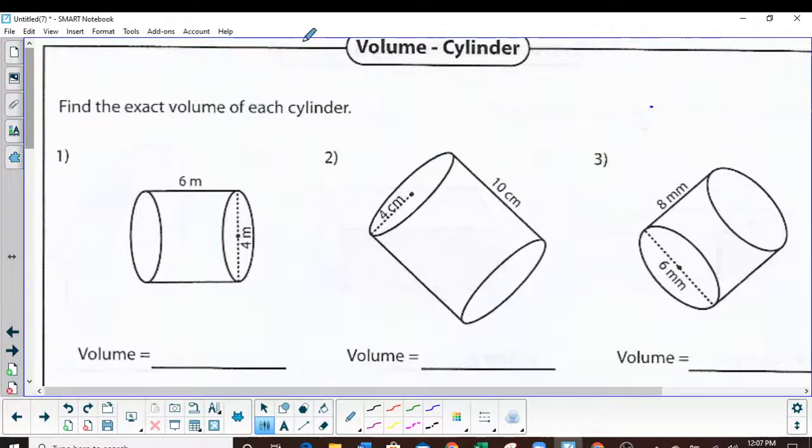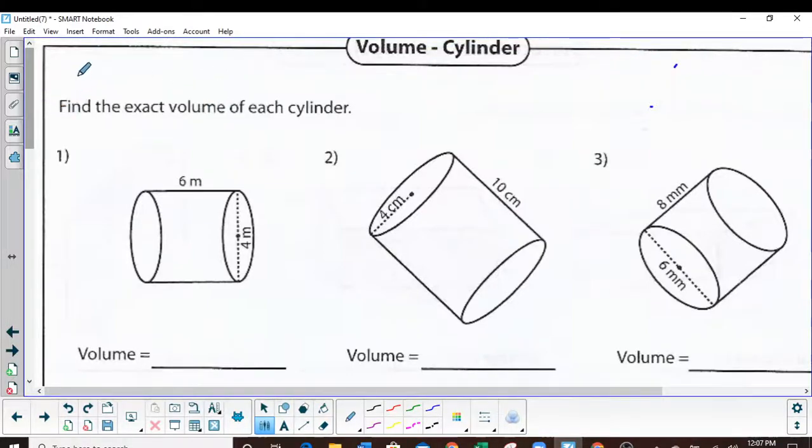Alright, so this one is page 9. This is volume of a cylinder. This one is a little different. It's not too bad. Desmos really helps us out, so make sure you got it pulled up. Your formula sheet, if you'll find the cylinder and the volume, we can go ahead and put that up top